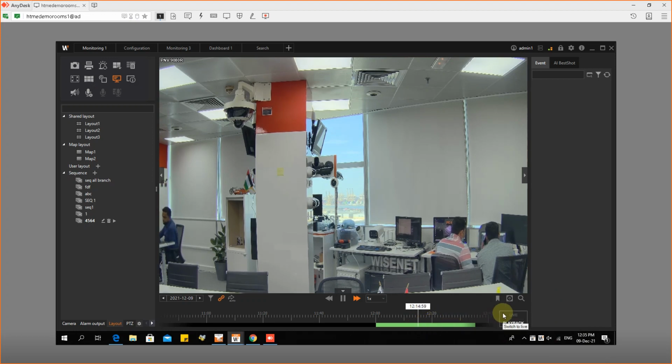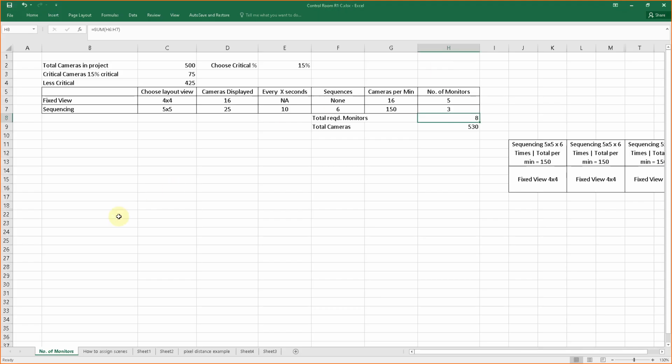If you want to do this level of detail, you need to keep a separate monitor for this or a PC for this, where you do export, where you do spot investigation, and also probably you have alarms that you want to verify, you can do that. Okay, so you can keep additional 1 or 2 monitors for that purpose.